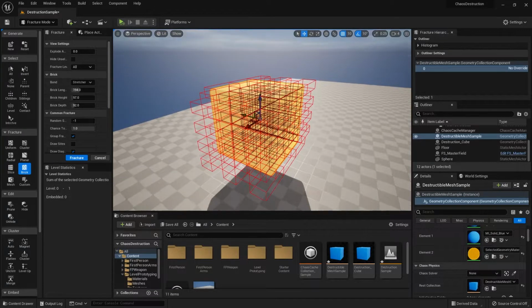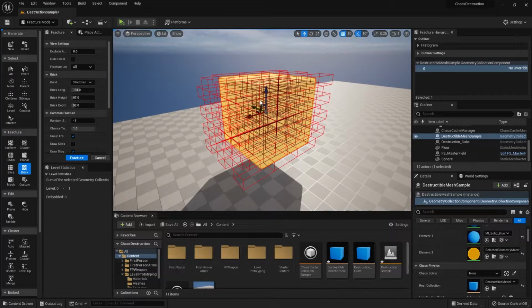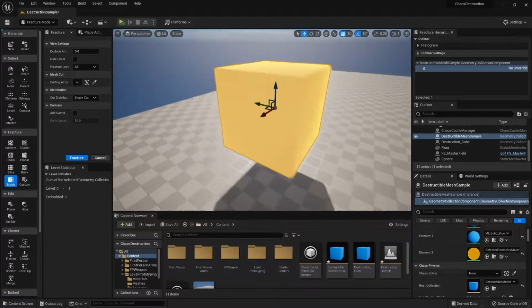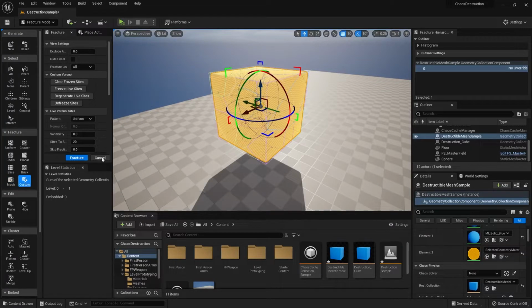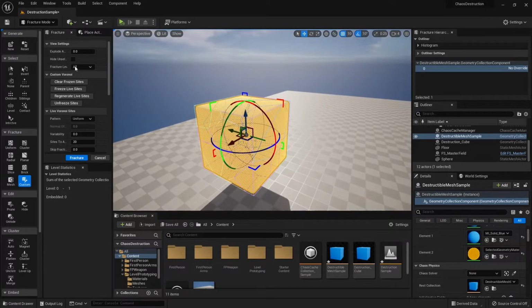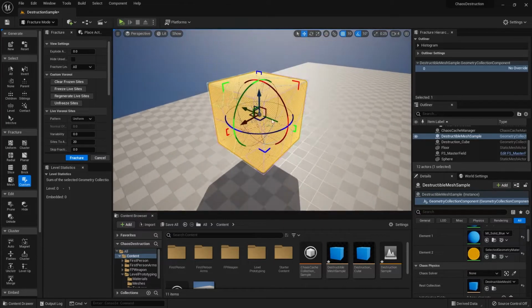Then there's brick. Brick pretty much makes fractures look like bricks. So if you want a brick wall to fracture, you can use this as well. And then there's also mesh, which I'm not too sure what it is. I haven't used it before, and I don't really know how to use it. So I'm just going to leave it as that. And then there's custom, which you can probably customize your fractures however you want, which I never used either. So I can't really tell you how to use it. I pretty much just used uniform, cluster, and I haven't really used radial before either. So yeah, these are the basics of how you can make your fractures.